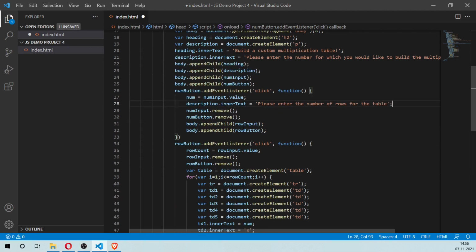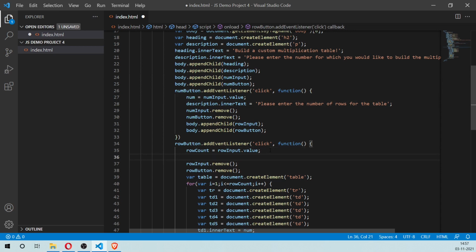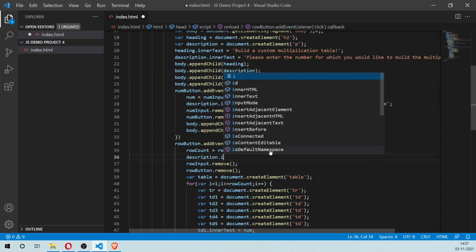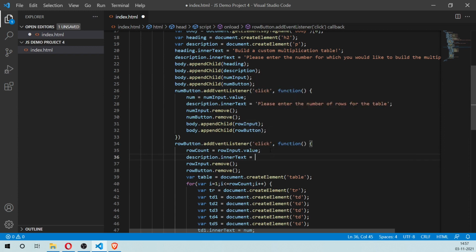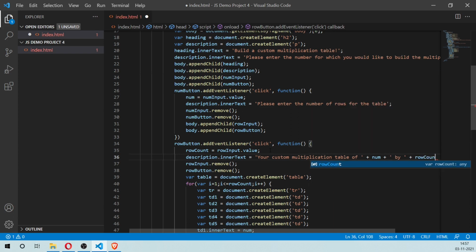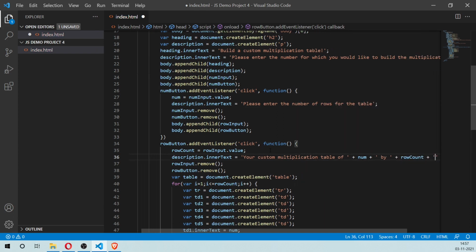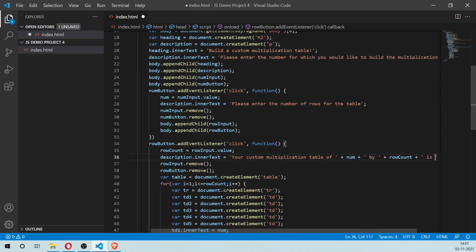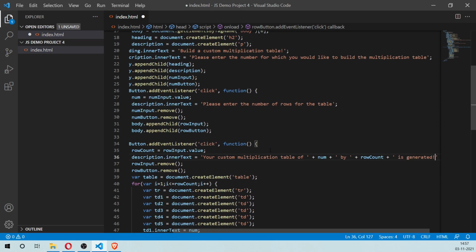Okay, and then when they hit save on the second button, the row button, we'll again change the description to your custom multiplication table of num by row count is generated.